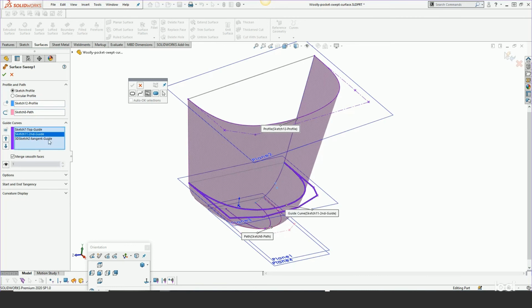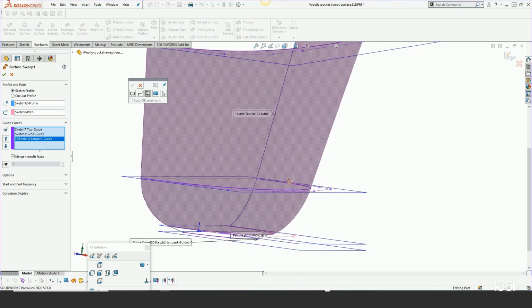We have a second guide curve here, and then we have this helper guide curve. And this is really the key to making this all work: even though I'm not using this in the surface, it's actually driving the profile to give us the shape that we want. So with that, it's able to actually change the profile as it sweeps around its path